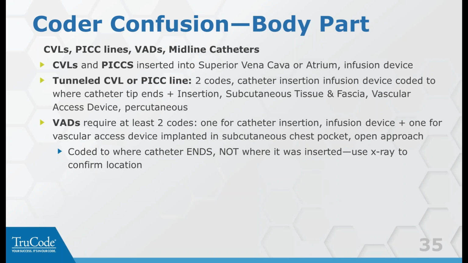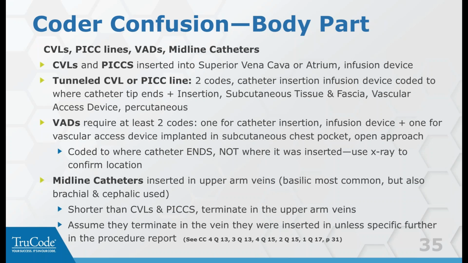So the answer now, if you do insert a CVL through the femoral vein, is that you are going to code it to insertion of infusion device, lower vein. And that's not femoral vein, but lower vein. If you don't have anything in your chart to tell you where the catheter ended, that's the default code. And again, that's in first quarter of 2017,